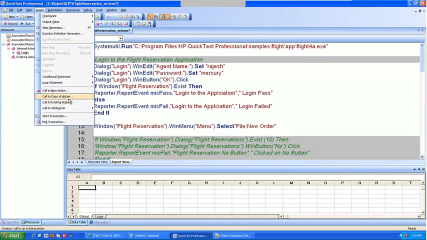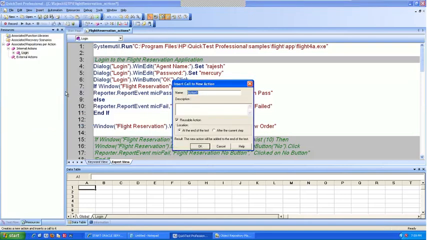We're going to see all 3 options. First we will see call to new action, which allows us to create a new action. What name do we want to give? Insert underscore, don't give a space, ORDER. Again, you can give a description here.